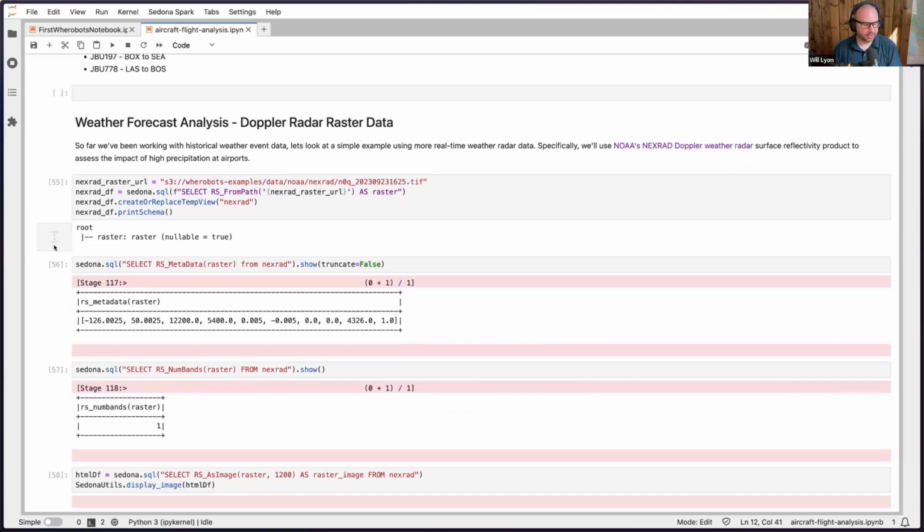So far we've been looking at vector data in Wherobots. So that's essentially geometries and associated attributes. But we can also work with raster data where we're looking at gridded data and cells, and each cell has one or more values associated with that cell. Each cell represents some point on the surface of the Earth, some area on the surface of the Earth. So we're going to load this from a GeoTIFF file,